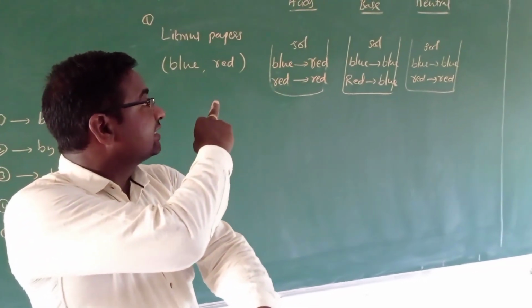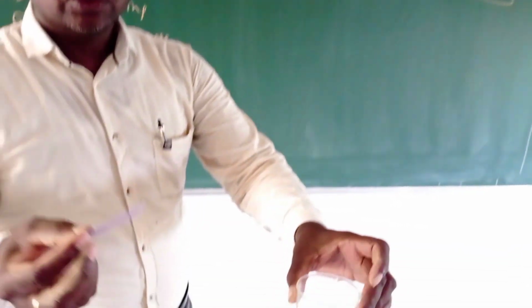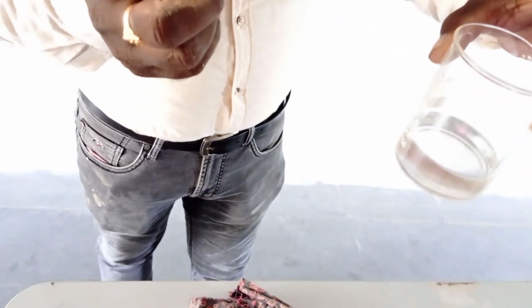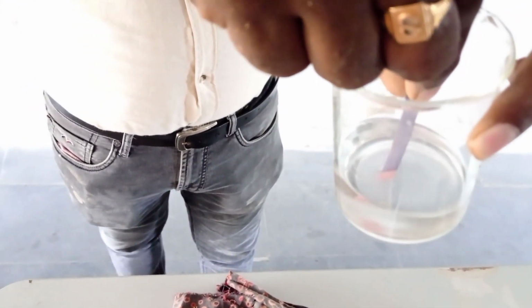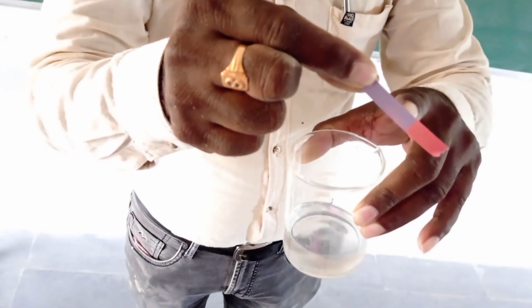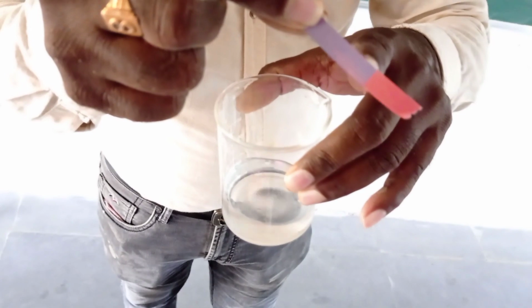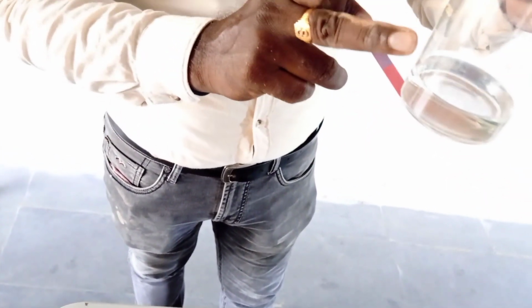So here blue litmus paper turns into red color in acids. Here blue litmus paper is there, here acid is there. So we can observe it changing its color. See here, I am dipping. Now see to what extent I dipped this paper into this acidic solution. This blue litmus paper turns into reddish color, red color. So with the help of this blue litmus paper, we identified the given compound is acidic in nature.